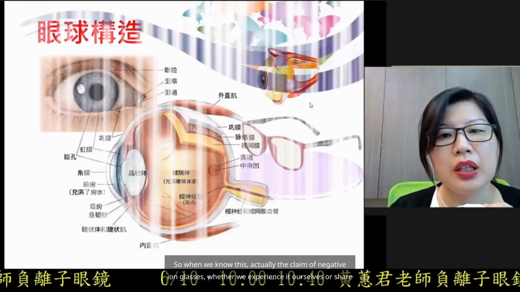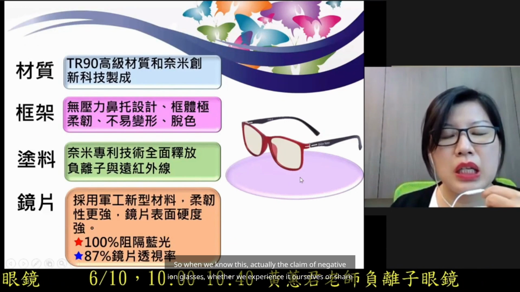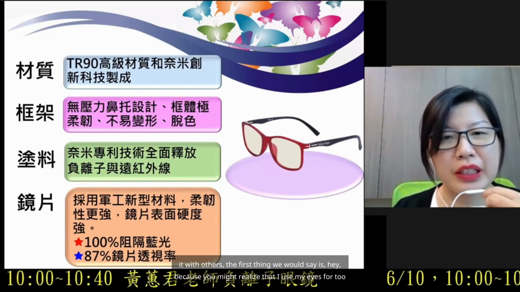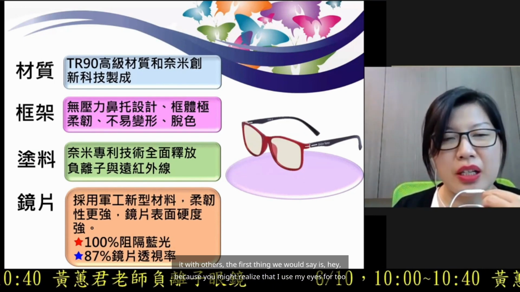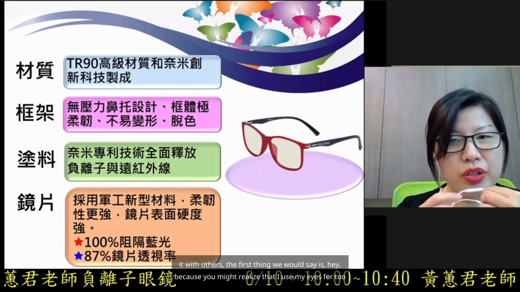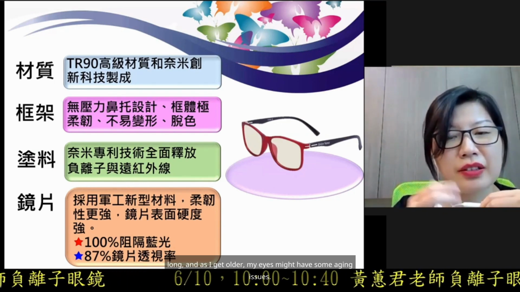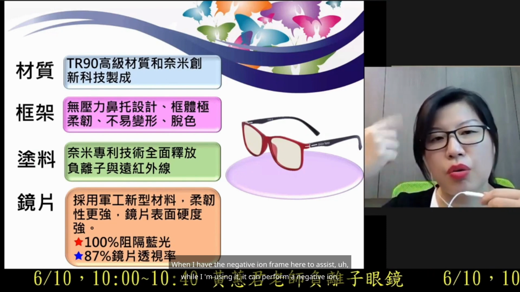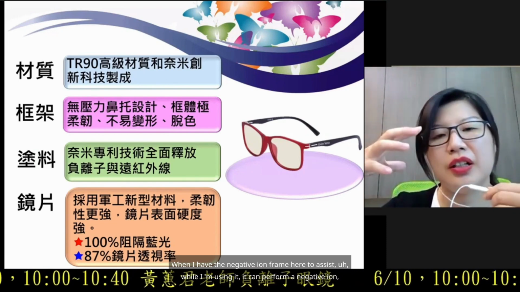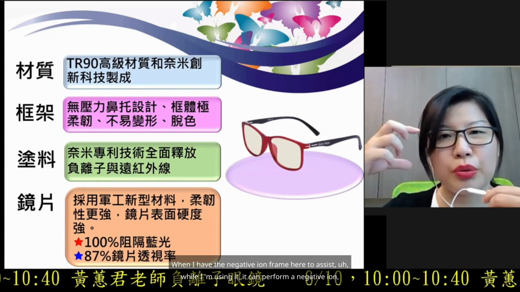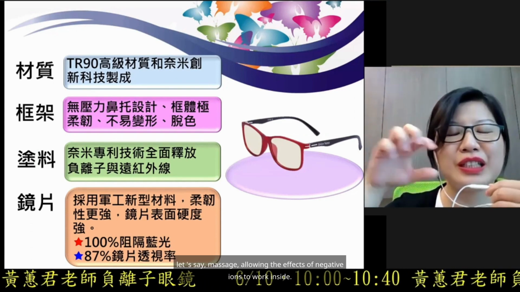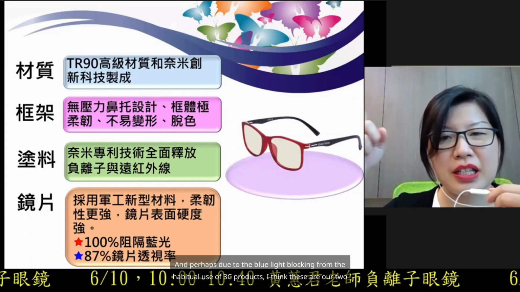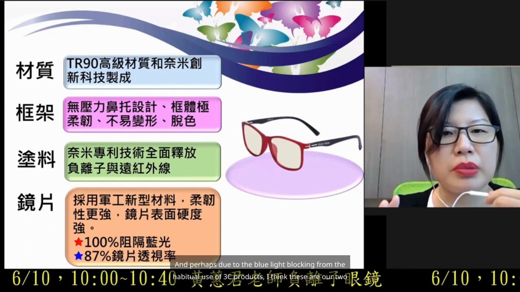So when we know this, actually the claim of negative ion glasses, whether we experience it ourselves or share it with others, the first thing we would say is, hey, because you might realize that I use my eyes for too long, and as I get older, my eyes might have some aging issues. When I have the negative ion frame here to assist while I'm using it, it can perform a negative ion, let's say massage, allowing the effects of negative ions to work inside. And perhaps due to the blue light blocking from the habitual use of 3C products,